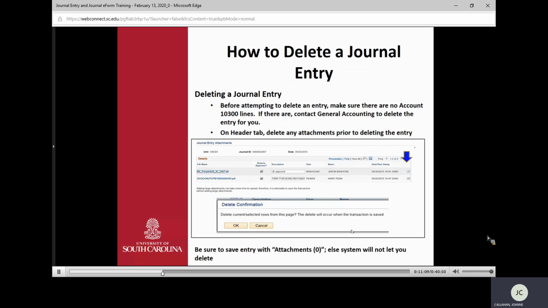Now we'll talk a little bit about how to delete the journal entry. First, go to the Header tab and make sure you delete all of your attachments from the JE. Then click Save while you are still on the Header tab. Your attachment link should now show 0. Next, go to the